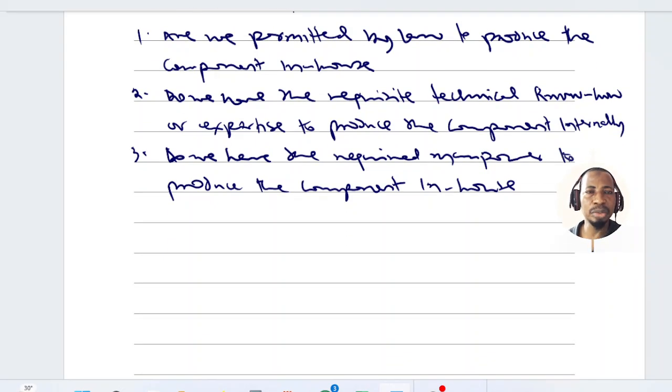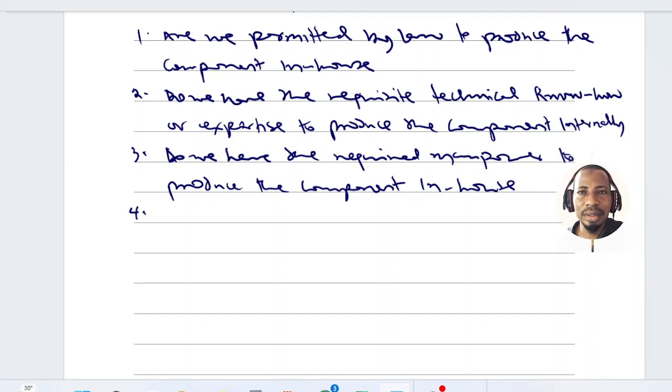You can't just go into production because you have so many resources, and when you get there, you realize that you don't have the expertise to produce, or there are no people that will do the work. We can't be doing that. There must be proper planning. Then number four,